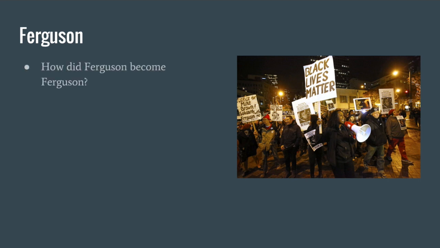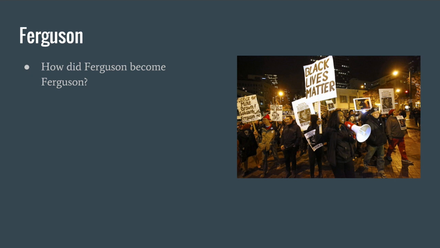So first off, how did Ferguson become Ferguson? And when we talk about this, I want you to think about Ferguson as an exemplar. It's an example of a town that is poor and, you know, has a large minority population. But there are towns like that in virtually every state and around a lot of cities. So Ferguson is definitely not alone in the way it became the way it is and policies that are created there. So we're going to walk back quite a ways.